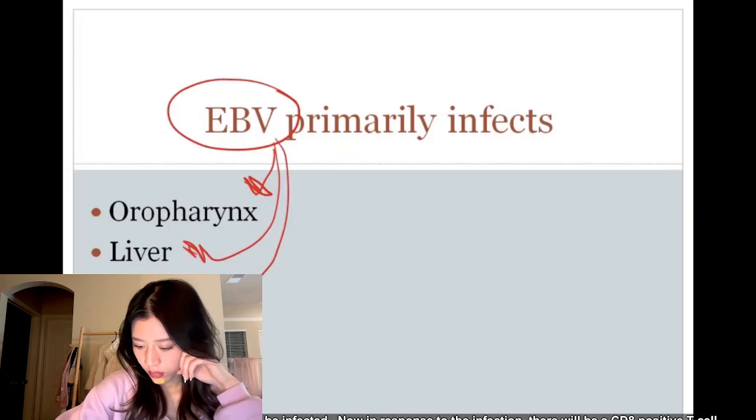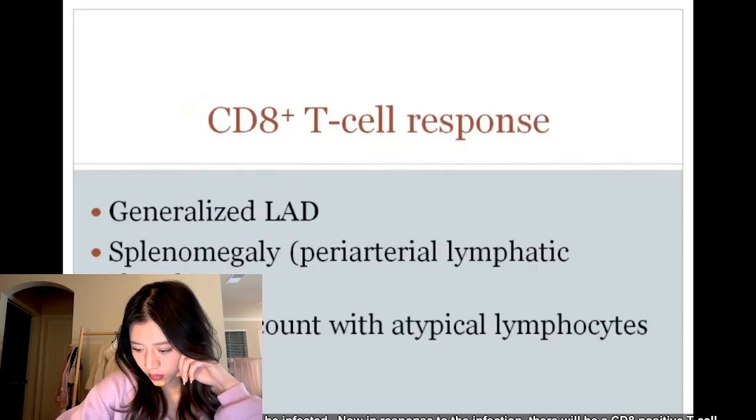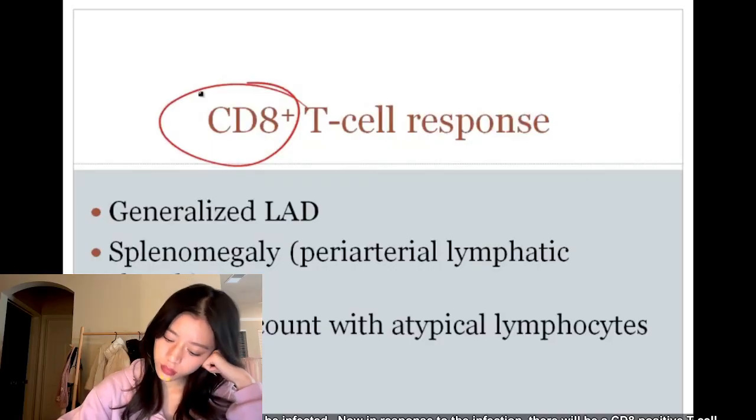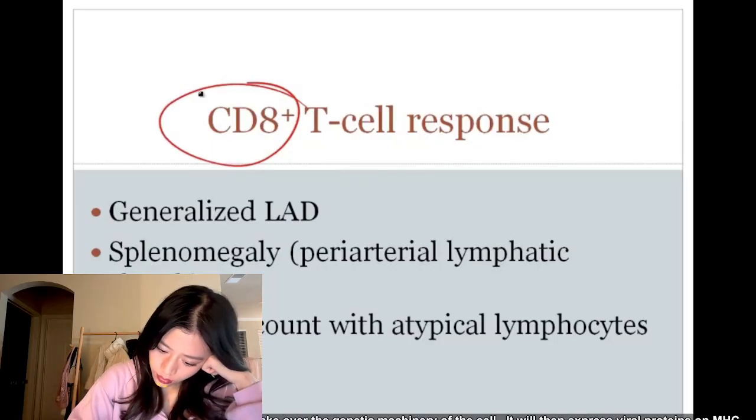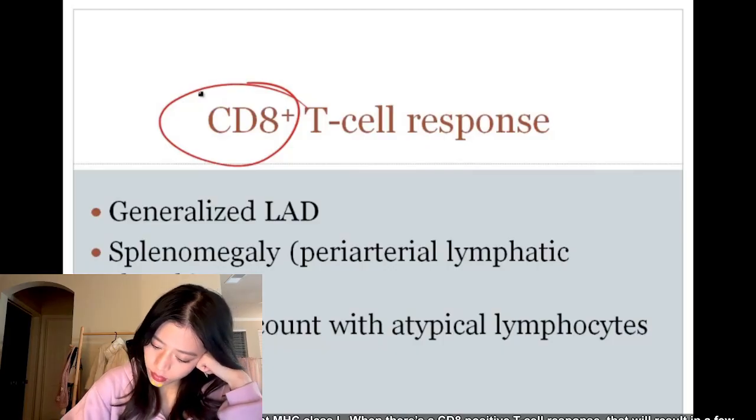cells will be infected. Now, in response to the infection, there will be a CD8 positive T cell response. Of course, if there's a virus, the virus will take over the genetic machinery of the cell. It will then express viral proteins on MHC class 1, and the CD8 positive T cells will recognize that MHC class 1. When there's a CD8 positive T cell response, that will result in a few things that will be